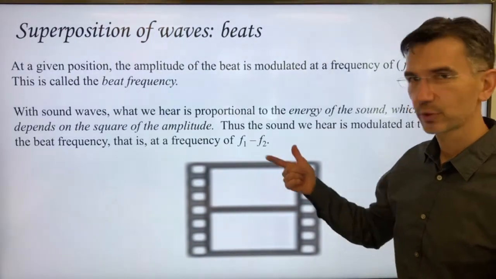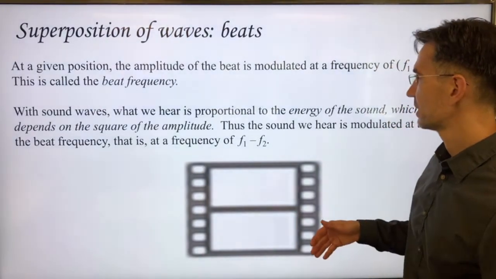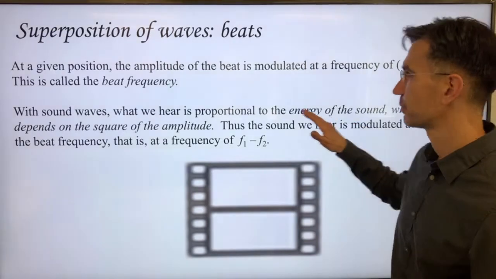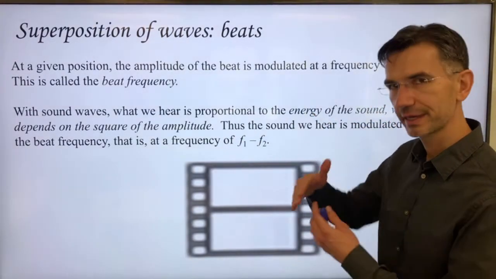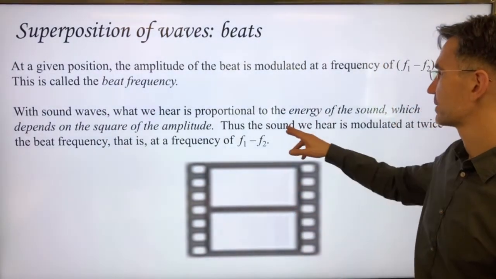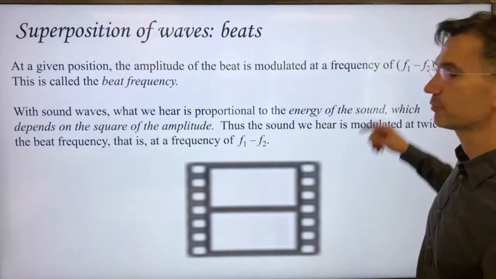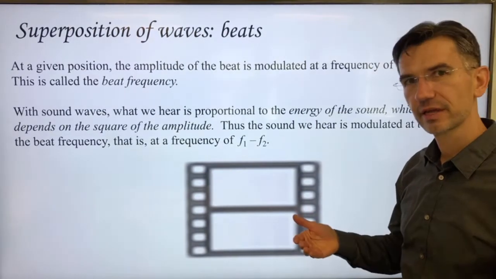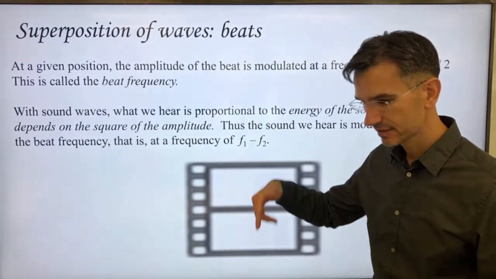With sound waves, again, what we hear is proportional to the amplitude of the oscillation. That's because the energy carried by the sound itself is proportional to the square of the amplitude. So actually what we hear is really proportional to the square of the amplitude, not to the amplitude itself. And then the modulation frequency is f1 minus f2 over 2. But because what we're hearing is the square of the amplitude, we actually end up hearing something that's twice the